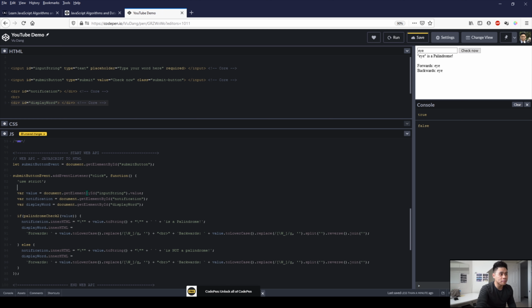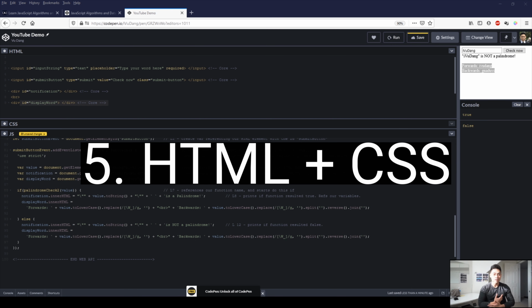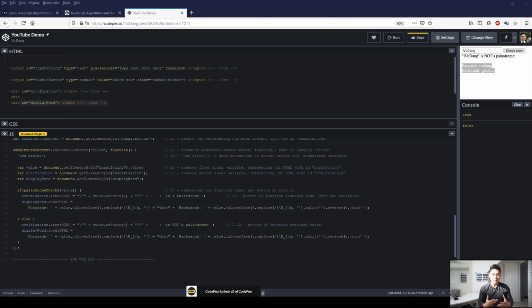So yeah, that's also another consideration. Make sure JavaScript is sensitive to lower caps and, what do you call it, large caps. So if you made it this far, congrats. We are on the 5th phase of the project, which is adding HTML and CSS to our JavaScript to make our project look more friendly and more presentable. So this should be the more fun